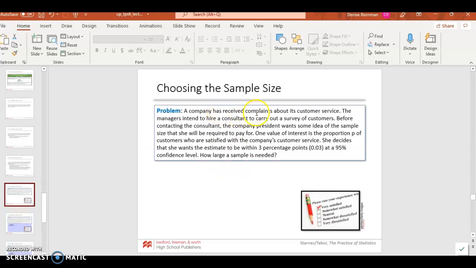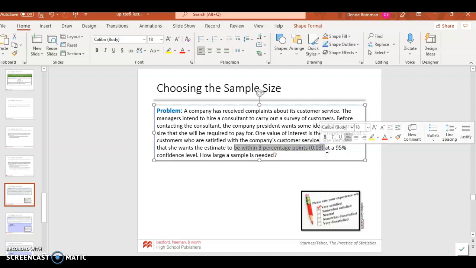So a company has received complaints about its customer service. The managers intend to hire a consultant to carry out a survey of customers. Before contacting the consultant, the company president wants some idea of the sample size she'll be required to pay for. One value of interest is the proportion p of customers who are satisfied with the company's customer service. She decides that she wants to estimate to be within 3 percentage points. So here's my margin of error. At a 95% confidence level, there's my z star, and I want to know how large of a sample is